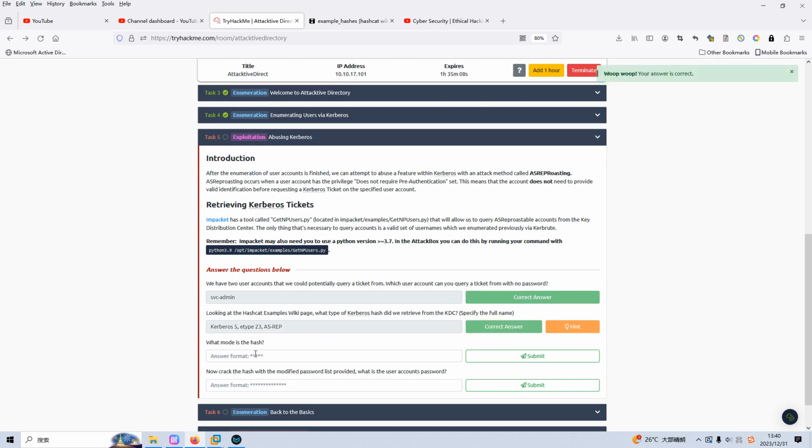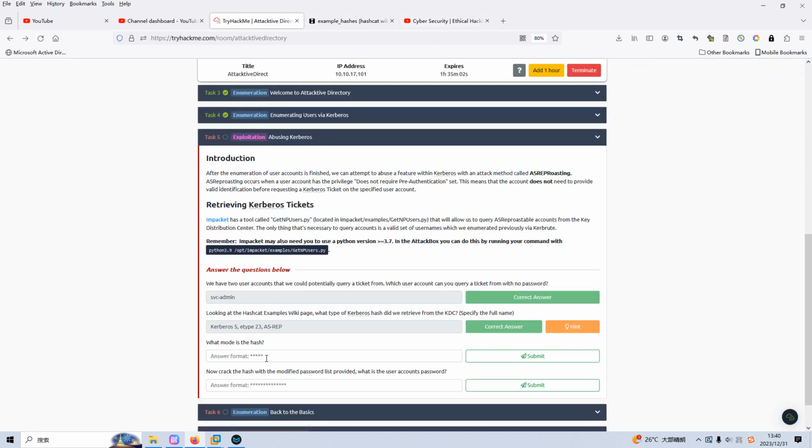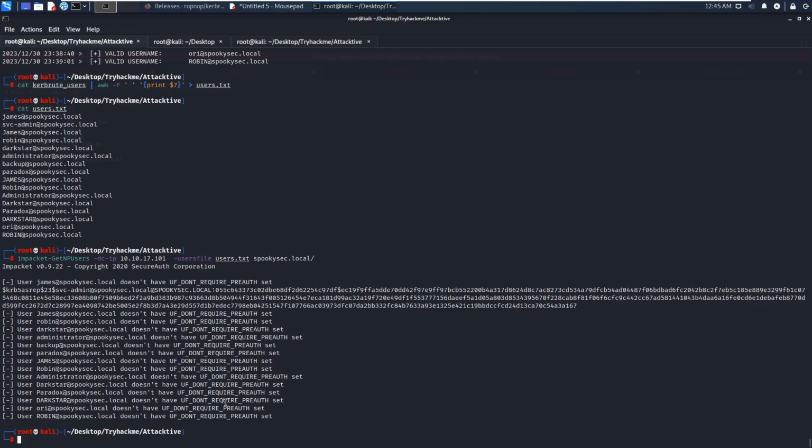And what mode is the hash? We can know that this should be this one. We just copy it and put it in here. So now crack the hash with the modified password list provided. What's the user account's password? All right. So next, I think we can use Hashcat to crack it, and the attack mode is straight, and 0, and